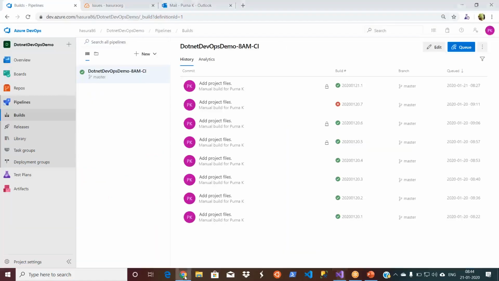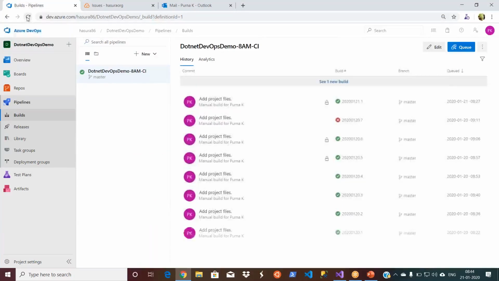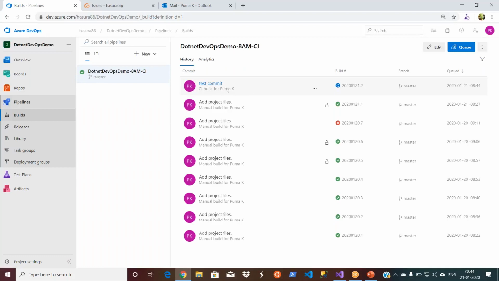Done. Let's go back and refresh it. Okay, our new build has already started. So when you enable continuous integration, for every check-in, it will start the build. Anyway, it will build it and run it as well.